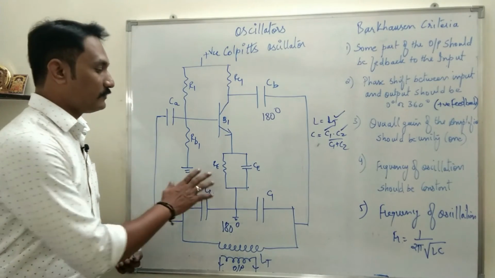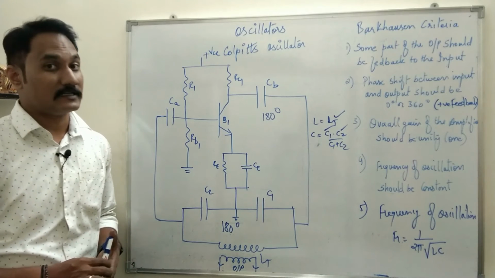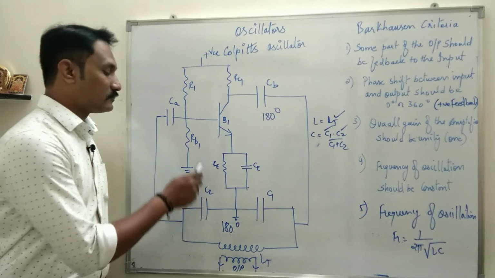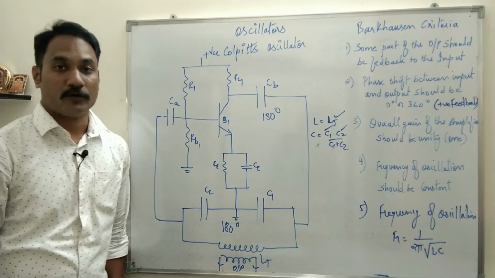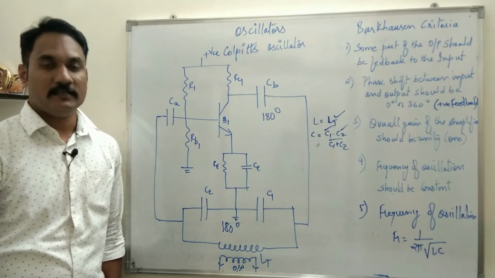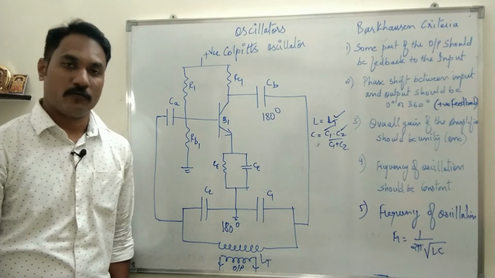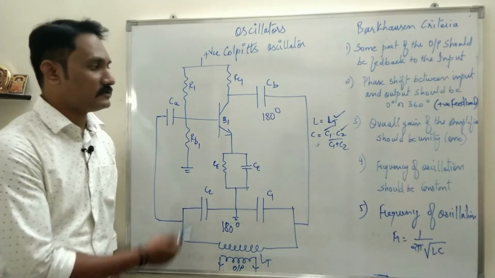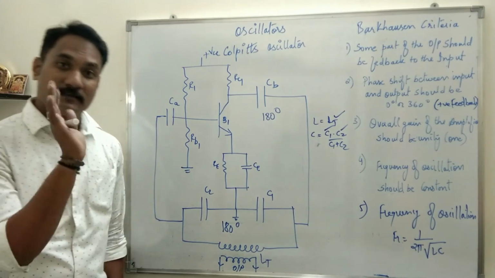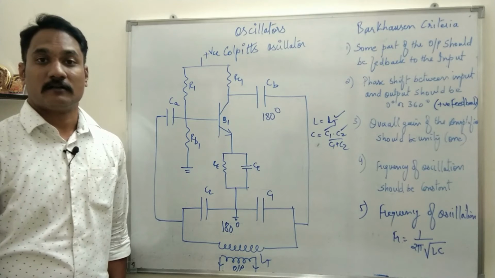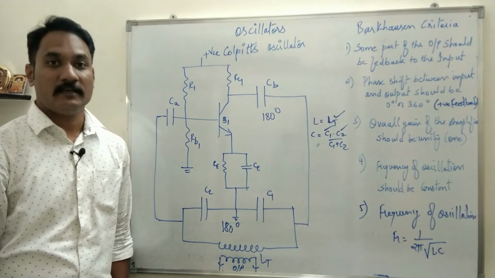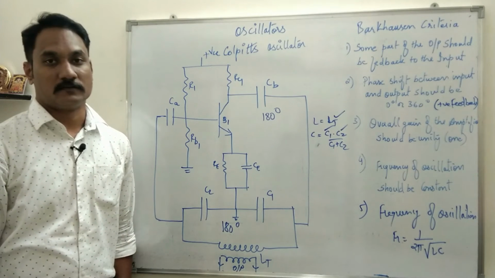So the circuit diagram which we have drawn for the Colpitts oscillator satisfies all the four criteria suggested by Barkhausen. So what you can say is that this circuit will produce sustained oscillation, which is the requirement of any oscillator circuit. I hope you have understood. Whenever this question is asked, you have to draw the diagram, relate this diagram to Barkhausen criteria, and conclude that this circuit satisfies all the 4 criteria of Barkhausen, and therefore it will produce sustained oscillation. I hope you have understood.